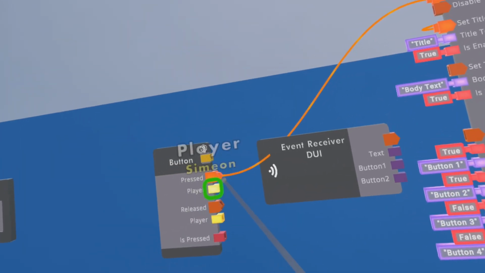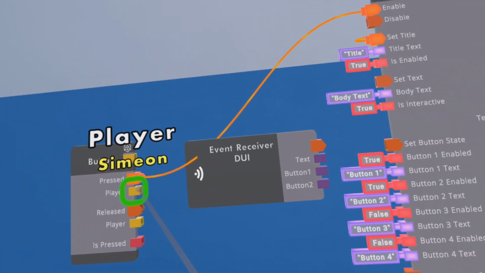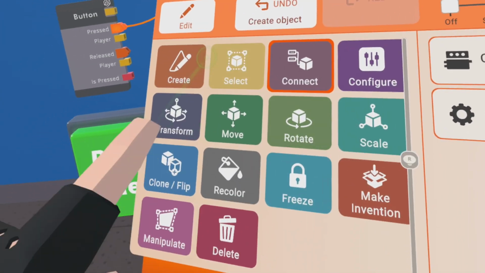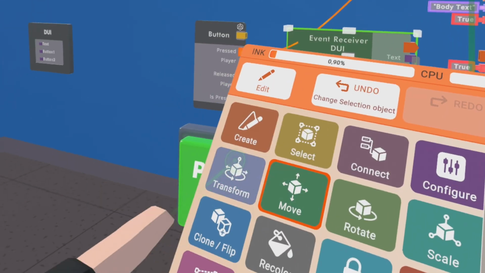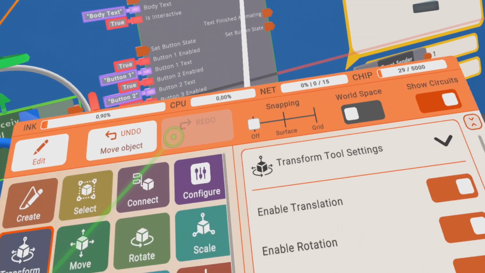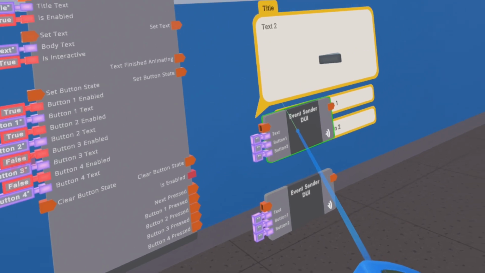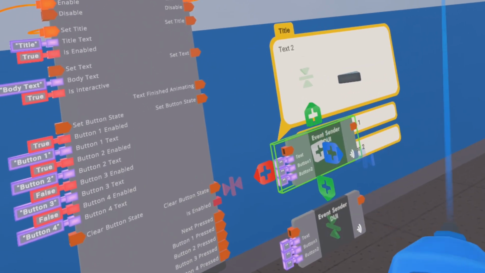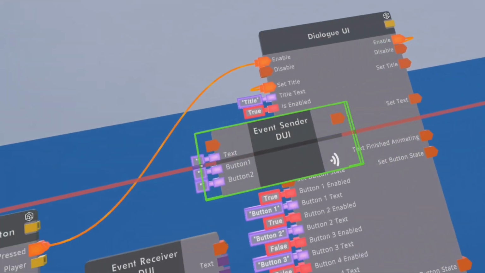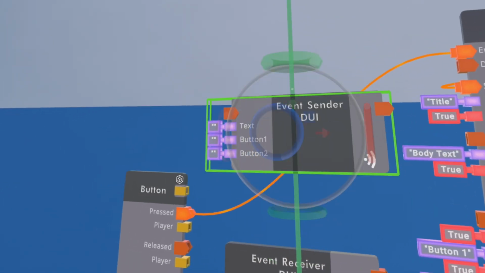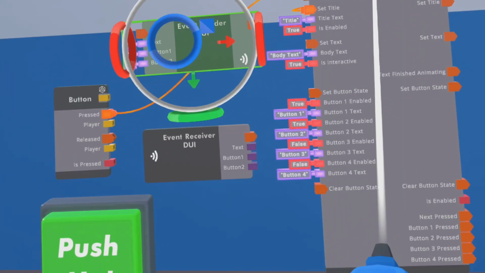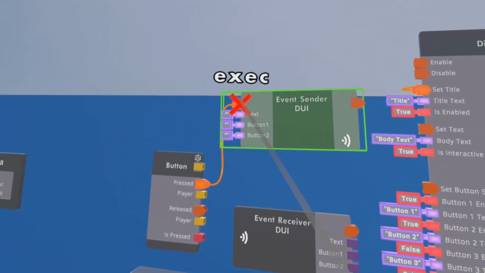We basically want to put another event sender here in between, because basically you cannot put an event receiver in a line, because it's only triggered when the event is sent. So in order to actually set